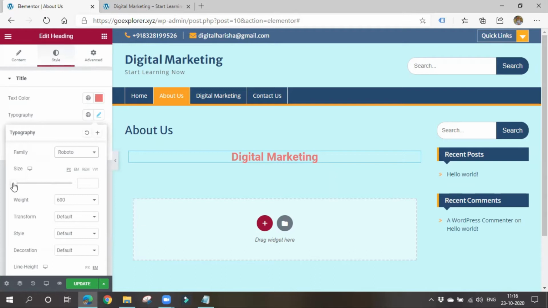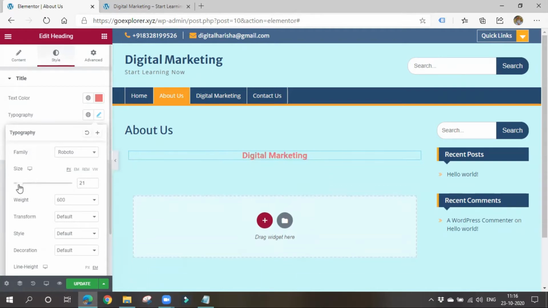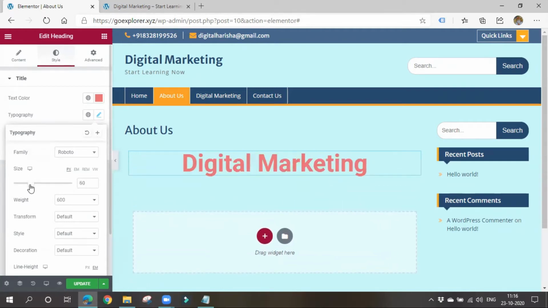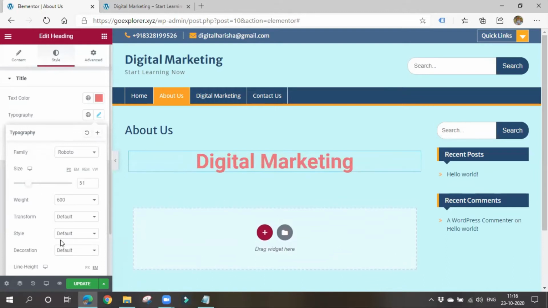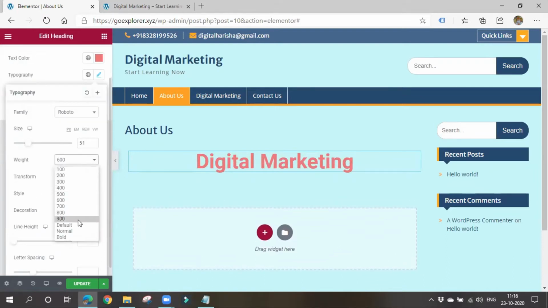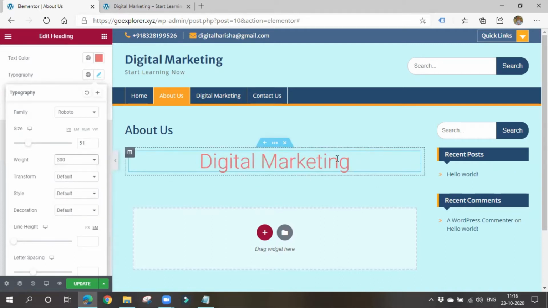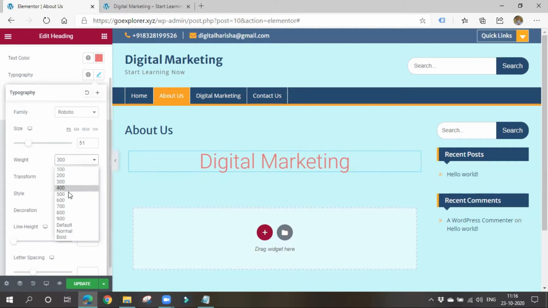See, the size is increasing. So weight, you can see here, it's changing a bit. The font type is changing. You can choose whatever boldness, simply the bold. Okay, I'll choose this.